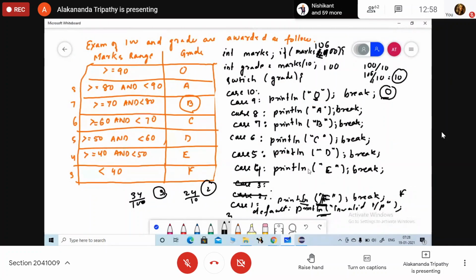So note down another question. I'm erasing the screen.